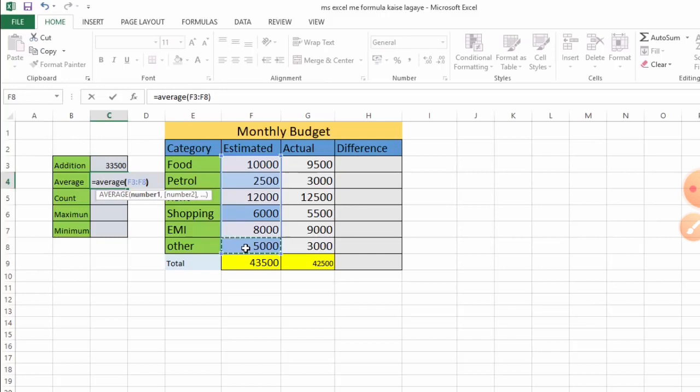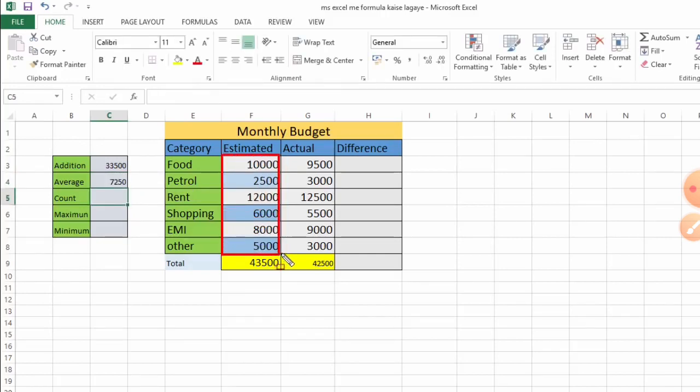No need to write everything or drag; you only write the starting cell and the last cell. So you get the average of your estimated expenses.